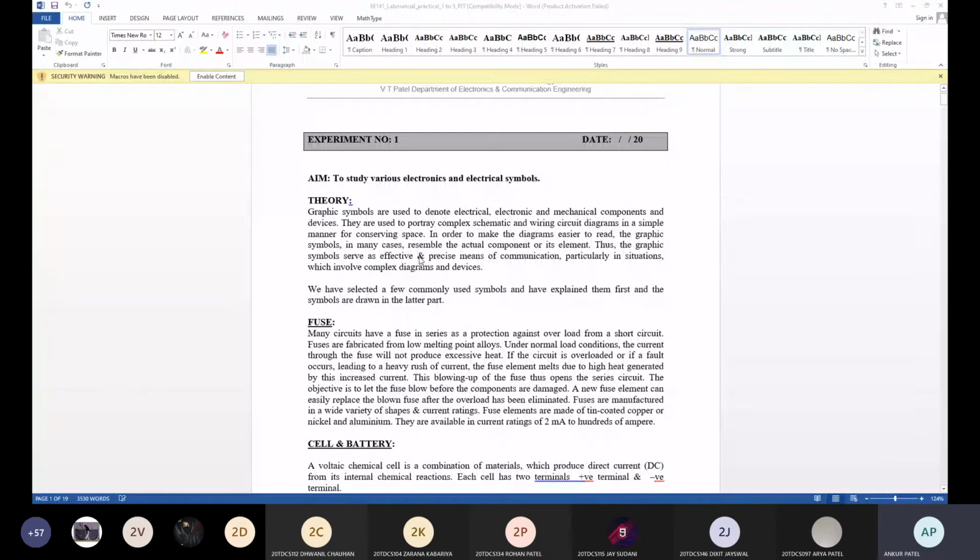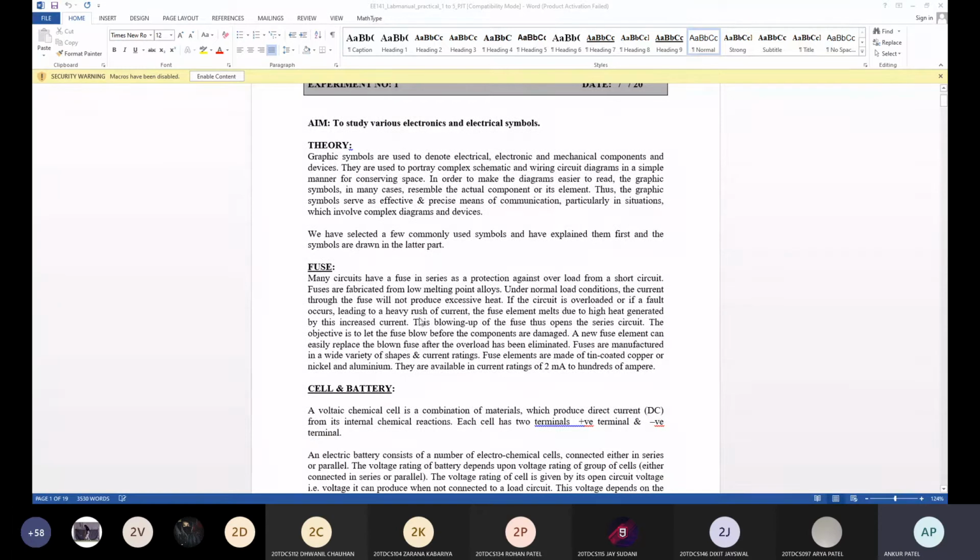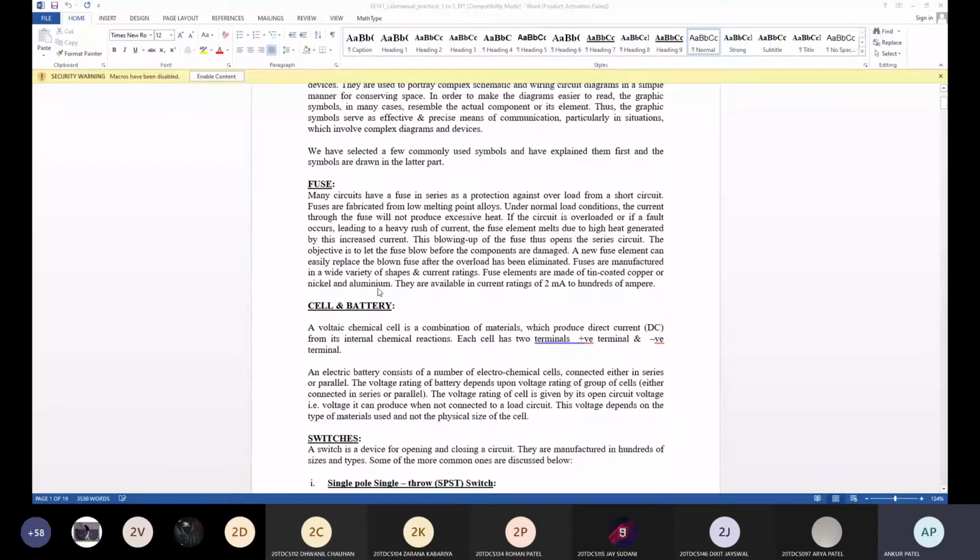Okay, no need to do any connections, but by knowing these symbols you can identify them in the circuit diagram, and by knowing their functions you can also understand the operation of circuits, meaning what you are going to do and what you will get in terms of output. We have a mix of these symbols, electronic and electrical, so you will get these in any practical circuits. This type of symbols you can identify easily.